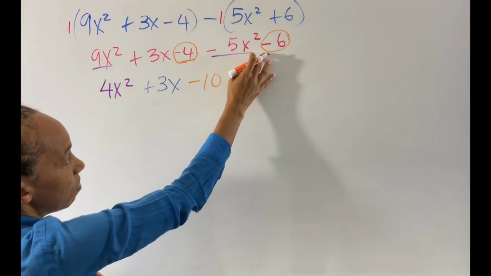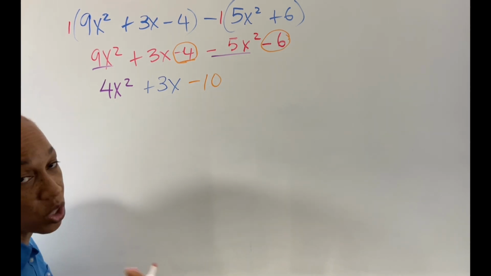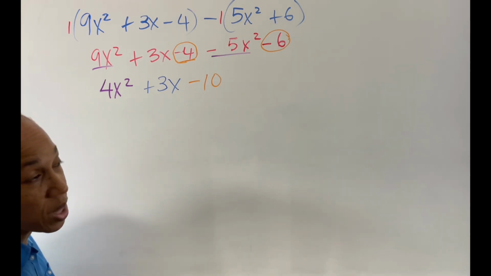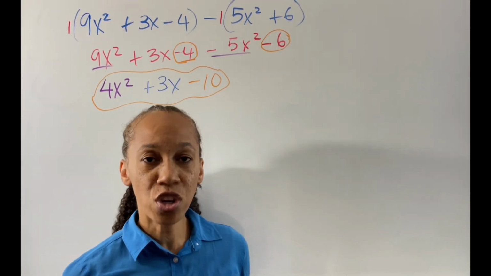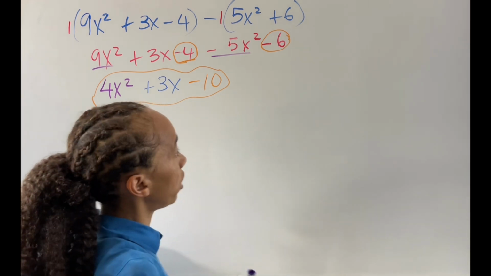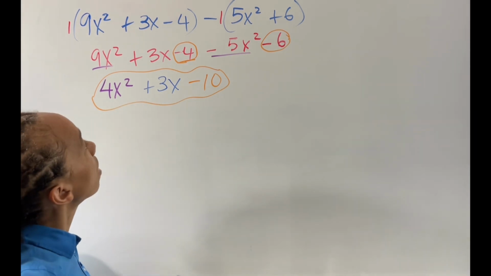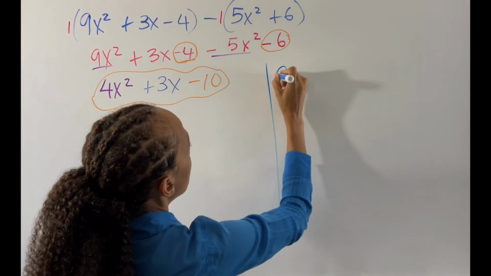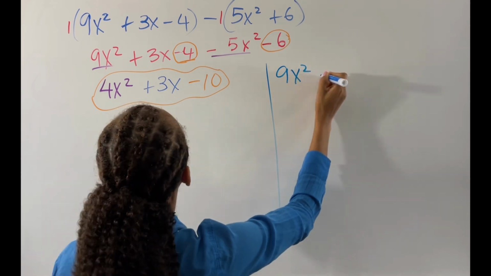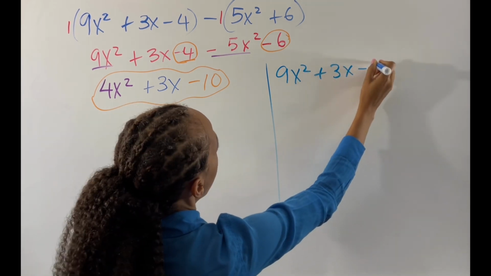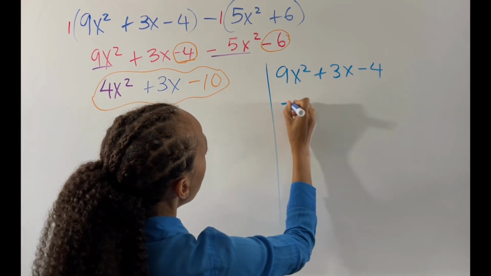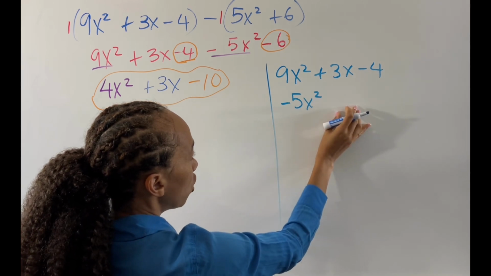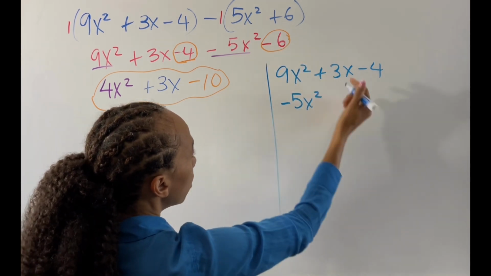Alright, you already have the symbol in front of it to show that you're subtracting. Please do not make a mistake and add it and tell me, oh, it's going to be 2. That would be incorrect. If you are in doubt, you can use the vertical method, and the vertical method would look like this, where you set it up: you still have your 9x squared plus the 3x minus 4, and then you have your minus 5x squared down here. You have no middle term, because this is a binomial,